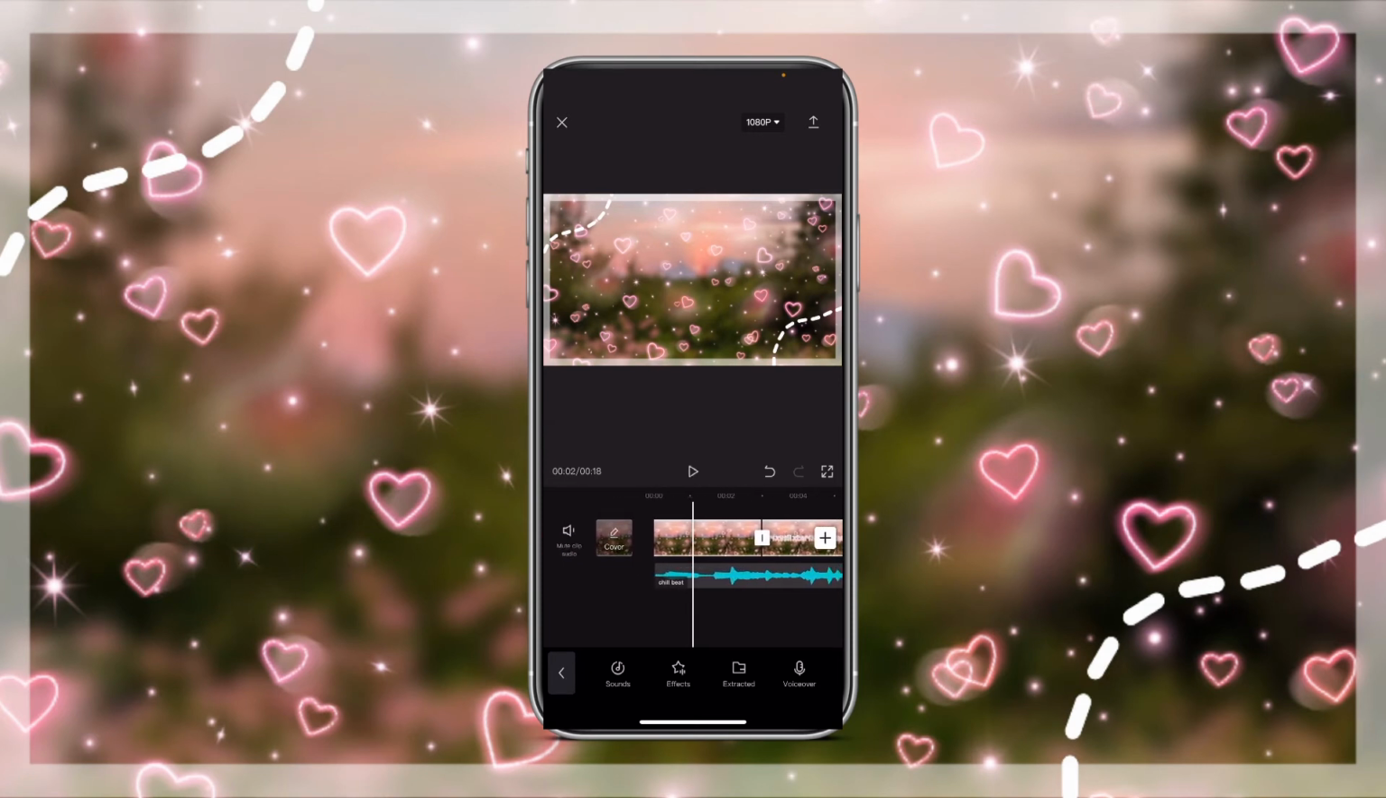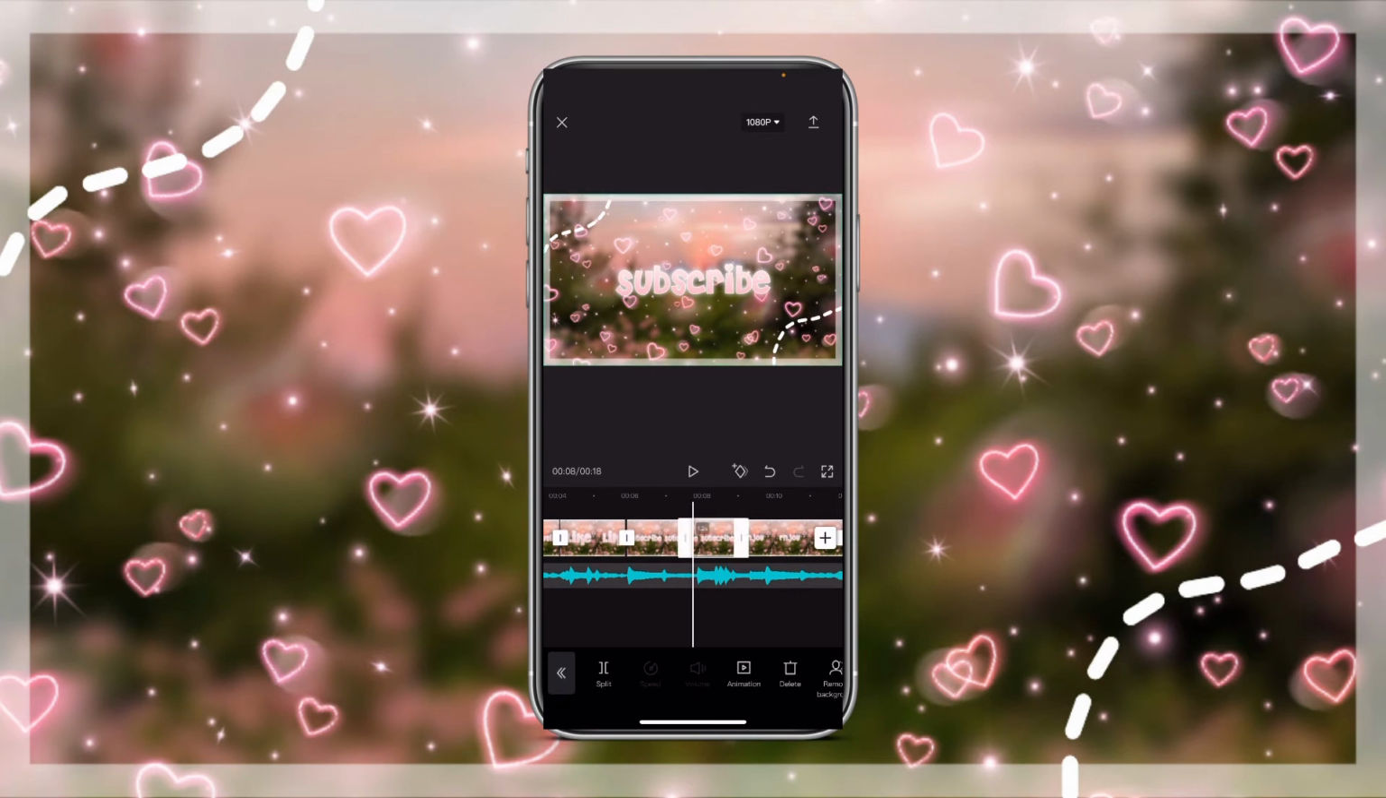So I'm going to crop it to before the beat drops. I'll split that. Split that right there. Split that right there. Gonna split that. You're gonna delete